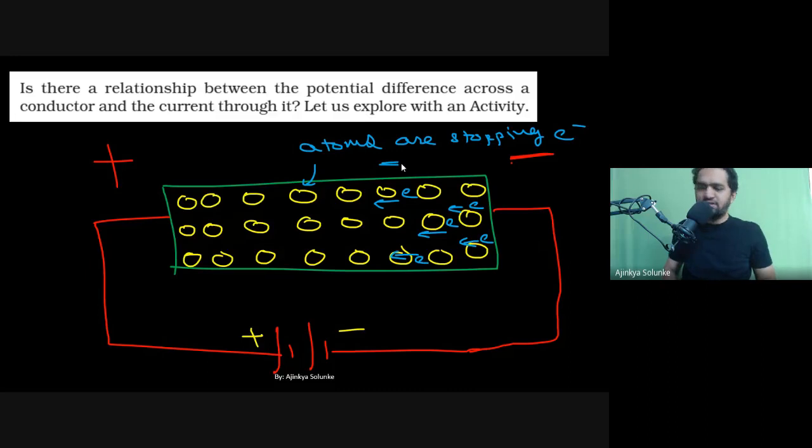What do you think? In the chat box, can you please write? Are you connected to this topic, that atoms are stopping electrons because electrons want to move in a certain direction, atoms are in the way, and they are creating some kind of obstruction. This obstruction has a name, and that name is resistance. So can somebody tell me, who is offering resistance? Is the electron offering resistance or are atoms offering resistance? What do you think?